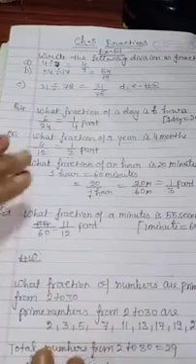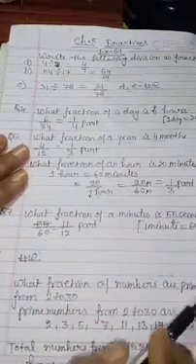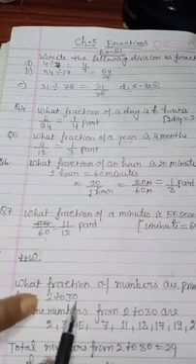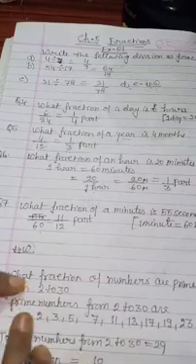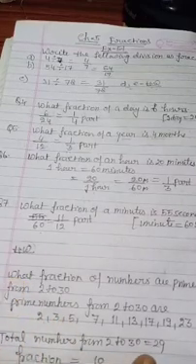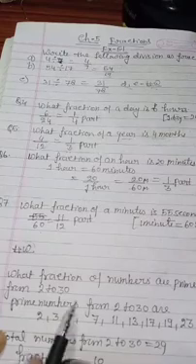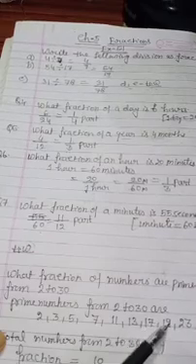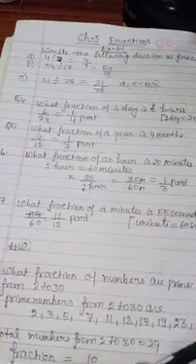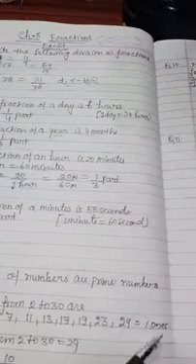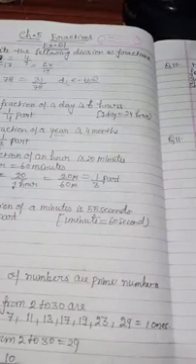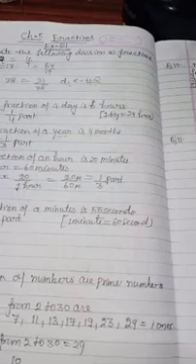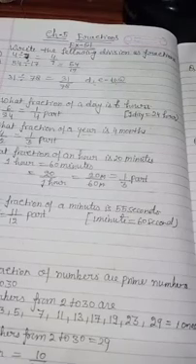Okay, now come to question number 9. What fraction of the numbers from 2 to 30 are prime numbers? First see, beta, from 2 to 30 how many numbers are there in total? Total numbers from 2 to 30 will be 29. Now select the prime numbers from 2 to 30: 2, 3, 5, 7, 11, 13, 17, 19, 23 and 29. So how many numbers are there? 10 numbers. So what will be their fraction? 10 upon 29. The total numbers from 2 to 30 are 29, so it will become 10 upon 29.